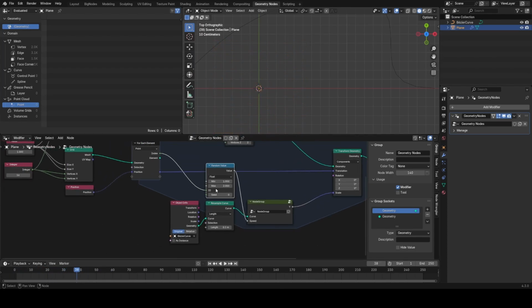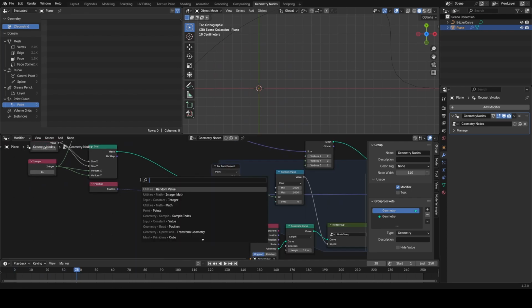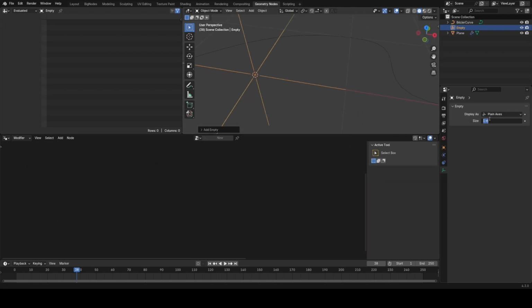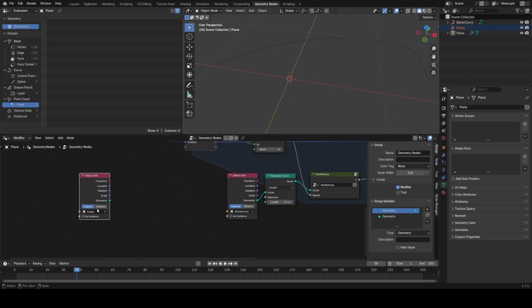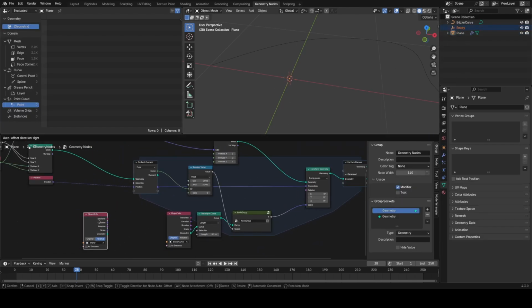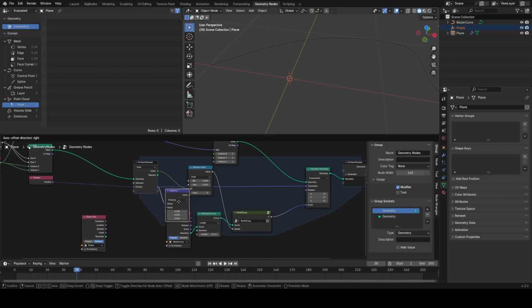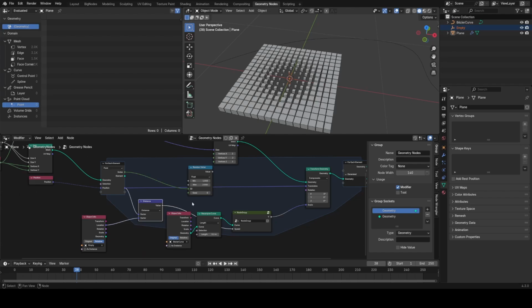And we don't have to use a random value for this. We could in fact use something like the distance to an empty. So I'll go ahead and create an empty in our scene. Create a plane axis here, make it a bit smaller, and drag that into the geometry node, set it to relative. And now if I take the distance between this position in the for each loop, so the position of each cube, and the position of this empty, and then plug that into the speed,